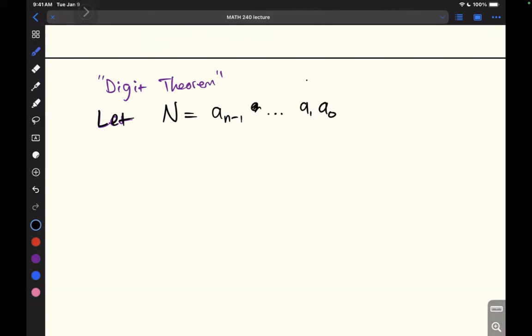And so for example, if my n is equal to 1, 2, 3, 4, 5,